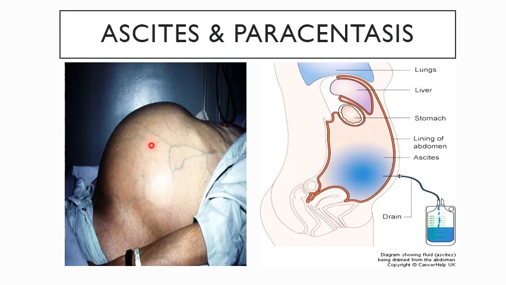So how are we going to treat it? We have to drain it. The procedure that we use here is paracentesis abdominis. We put a catheter into it. Usually it is done in the midline right below the umbilical level, or sometimes the catheter can also be introduced along the flank, and then we drain off the fluid from the peritoneal cavity. This procedure is called paracentesis abdominis.